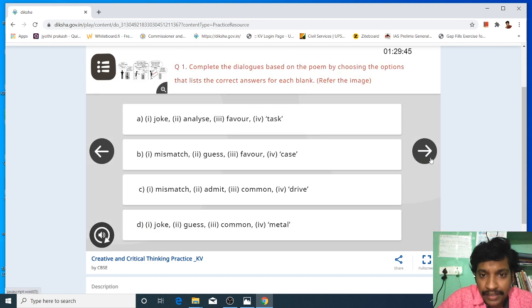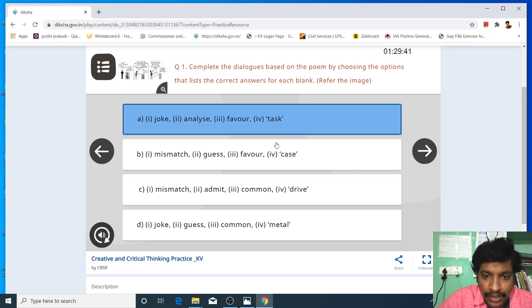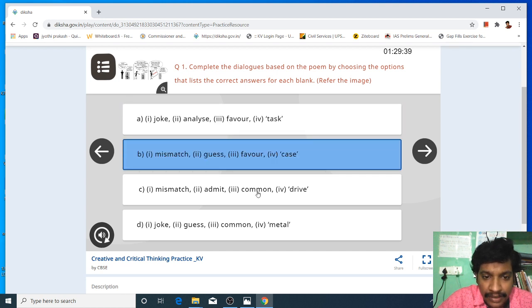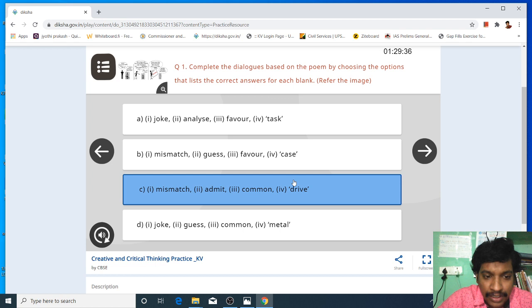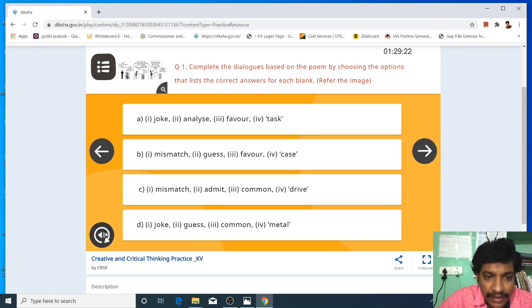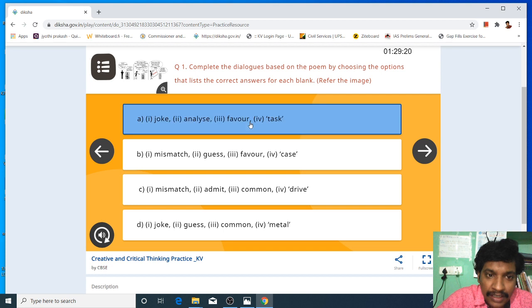By reading, you can click on the options, any option which is correct according to your perception. If you want to deselect the answer, here you have the speaker symbol and the round arrow. On that you can click to deselect. Again, if you want to select, you can select this one.